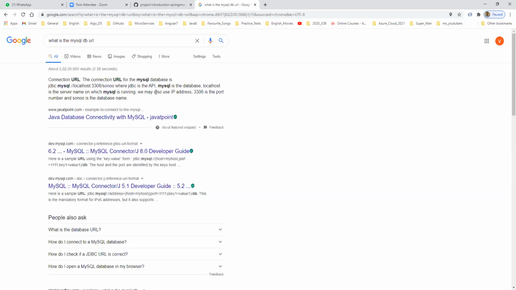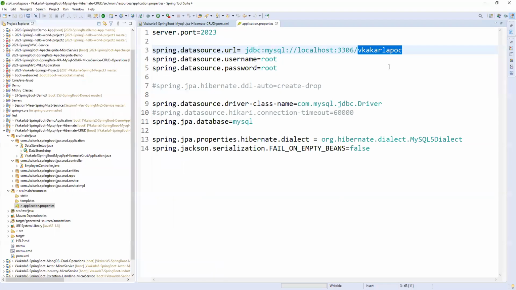While installing MySQL, I will create my own schema, and that schema name I will give here, or? Correct, exactly. How to create a schema, I will tell you. Also, whenever you install a MySQL database, by default one more user interface comes with it, called MySQL Workbench. Let me open that MySQL Workbench so that you will understand how to create a schema. Good question. I'm opening the MySQL Workbench.